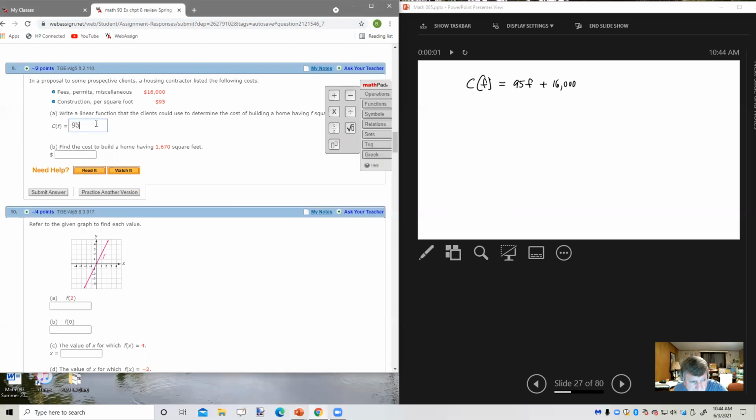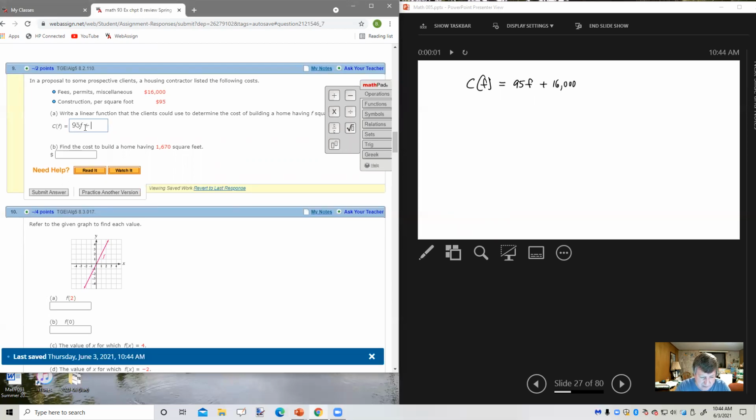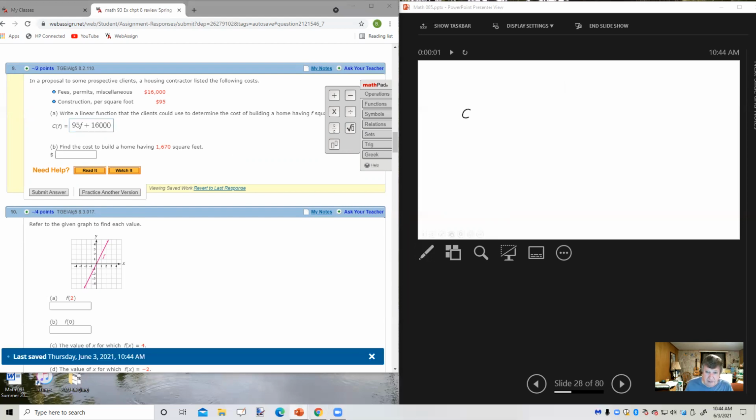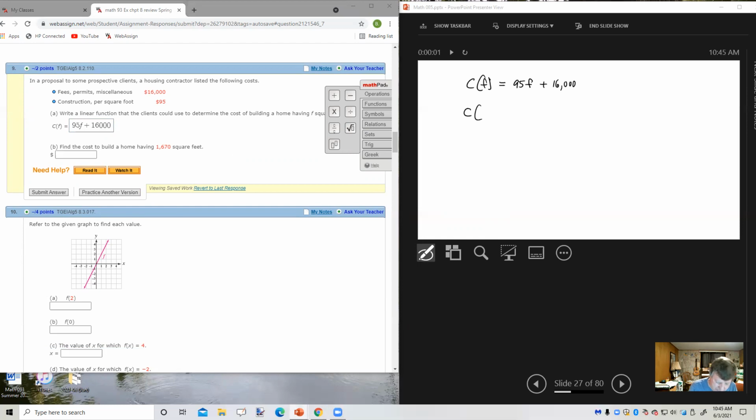So 95f. Make sure that you use the same letters, in other words, don't use a capital F. I think that's a lowercase f. Okay, so 95f plus 16,000. Okay, find the cost to build a home having 1,670 square feet. So basically we want C of 1,670 square feet,